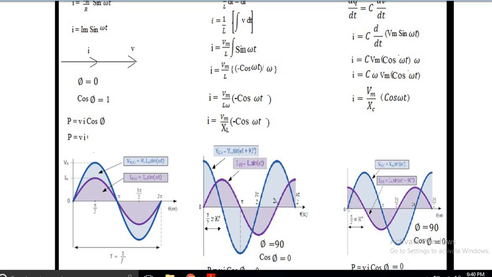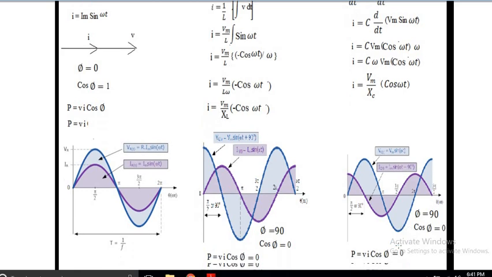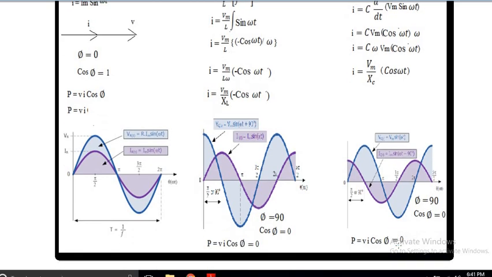And then the voltage wave is at maximum when current is at 0, because current has already started, isn't it? When current is at negative maximum, the voltage is at positive 0. When current is at negative 0, the voltage is at negative maximum, isn't it? So every time current is ahead by pi by 2. Of course, this is the case of purely capacitive circuits. Purely capacitive circuits cannot be practically feasible, so the angle between the voltage and current will be somewhere between 0 to 90 degrees, but it cannot be exactly 90 degrees.